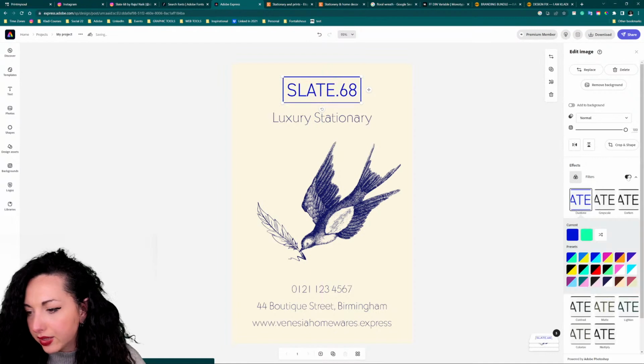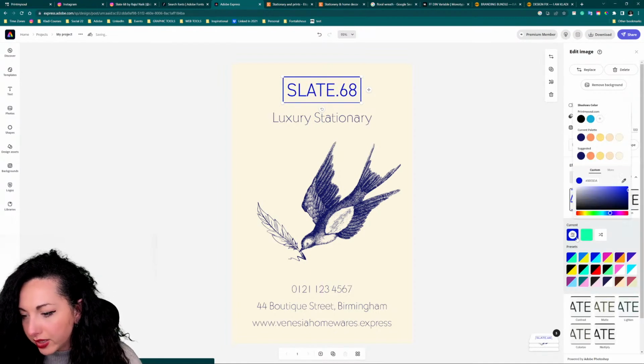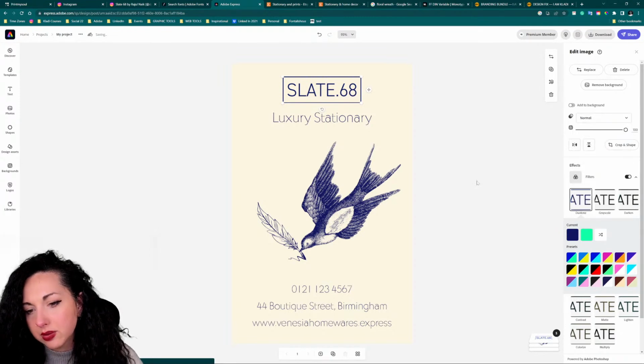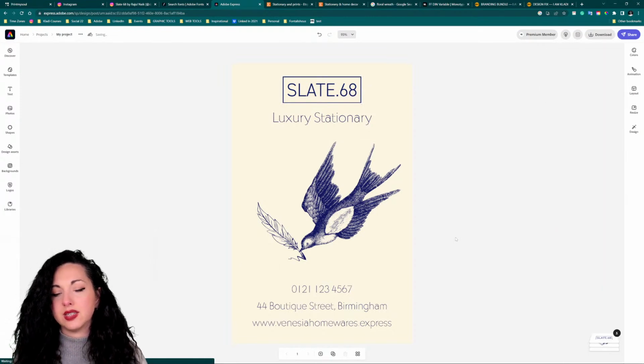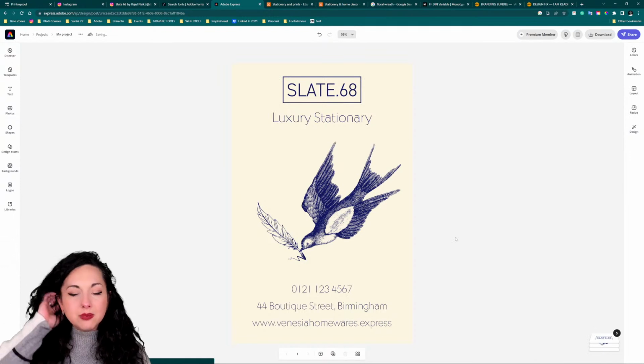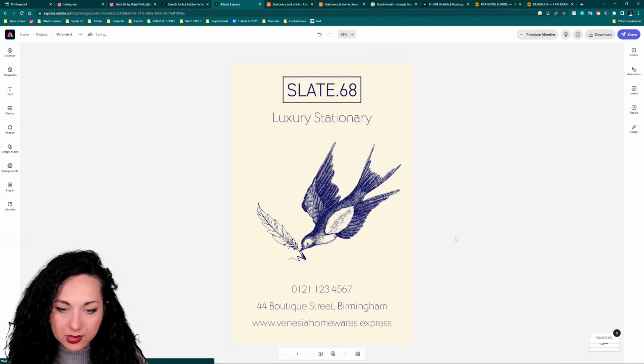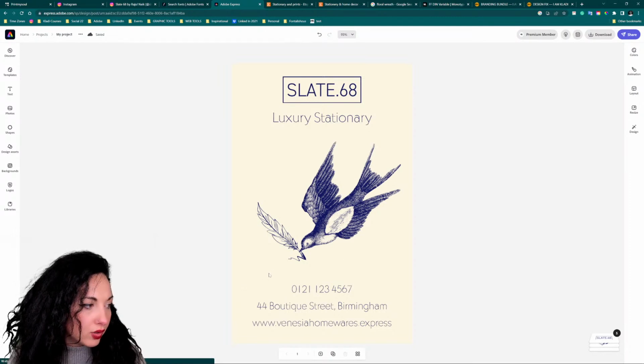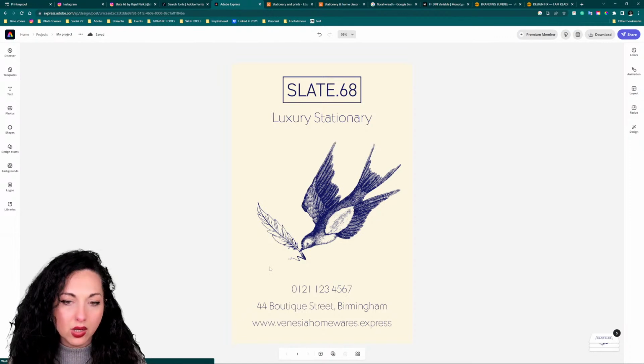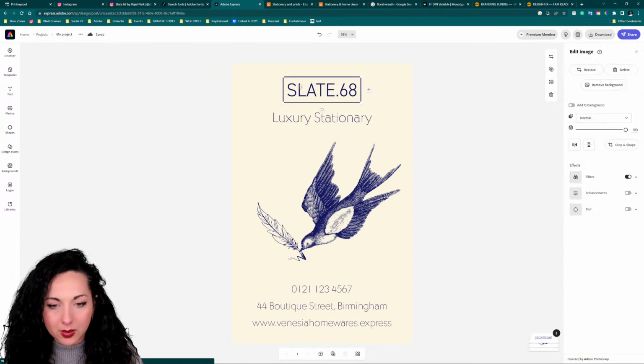Perhaps we can also apply a filter to it. We can change the color and select a color from a current palette. Look how beautiful that is. In just a second, we changed and made our color coherent to the actual print. Another way in which you can bring this logo directly into the template is, perhaps let's go ahead and delete this one here,